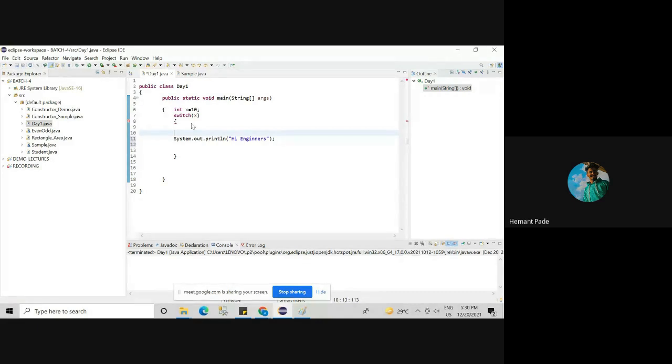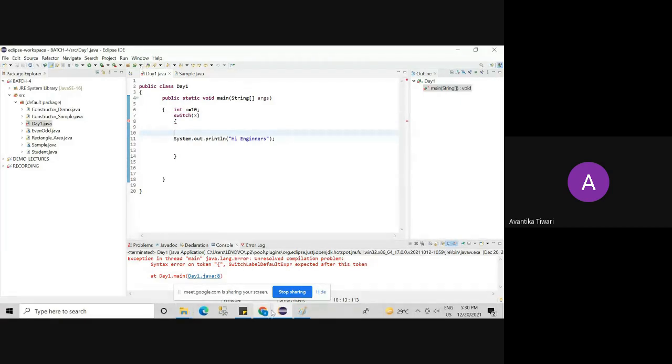Invalid. Why? Because inside the switch body, every line should be under any case or default.